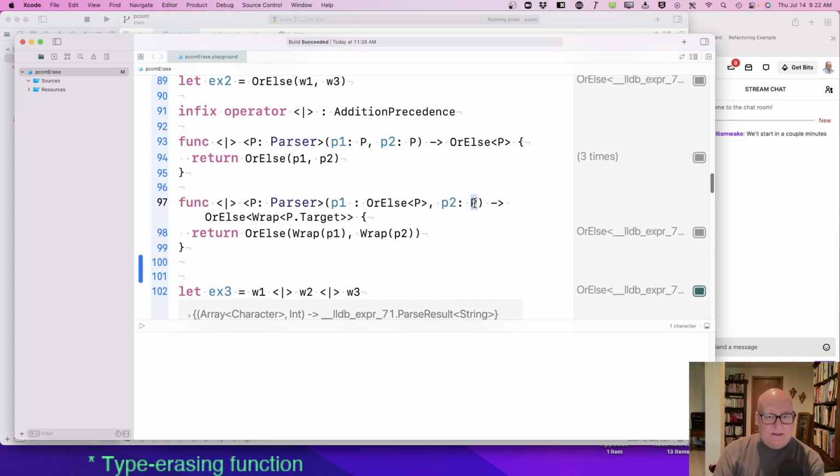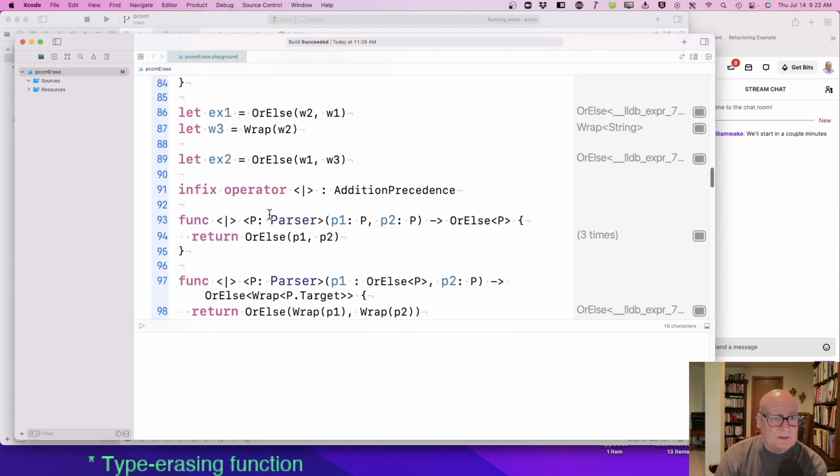Well, I think the problem with that theory is it's going to do an OrElse, and it's only going to apply once. So if I do W1 or W2, well, that's not a real example, is it?